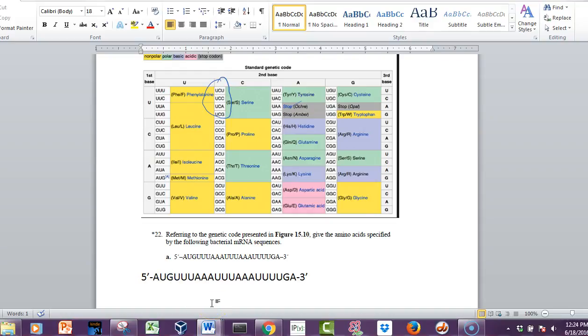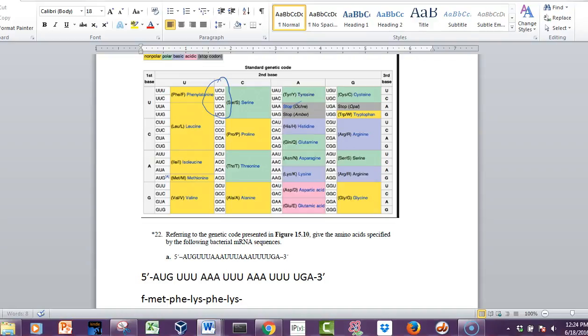So if you look at this, and if we say you're going to start at the first AUG, there's an AUG, and then you can offset it every 3 at that point and separate out what your codons are. And so I happen to know, so here we're going to put in a methionine, which is our first. But if it's bacteria, then it's going to be F-methionine. And then UUU is phenylalanine. Then AAA is lysine. Then UUU is phenylalanine. Then AAA is lysine. Whoops.